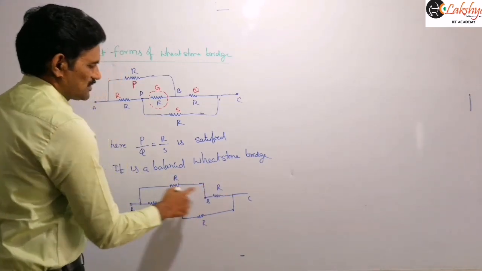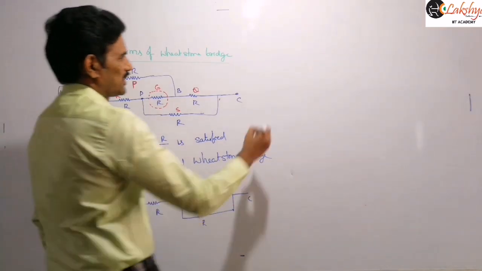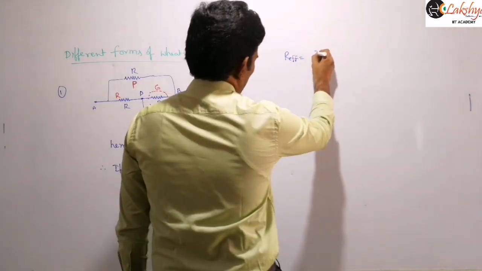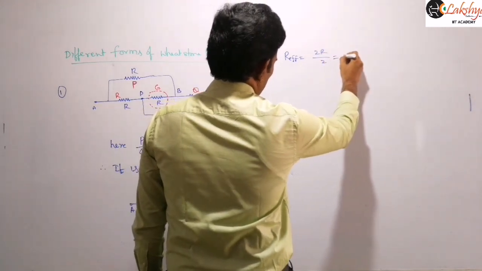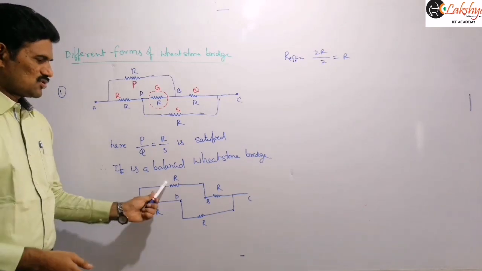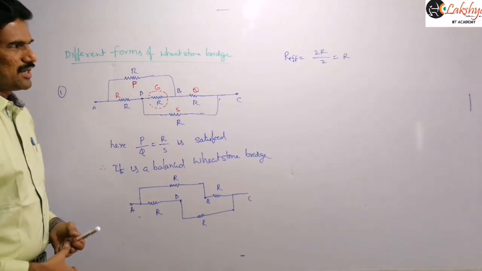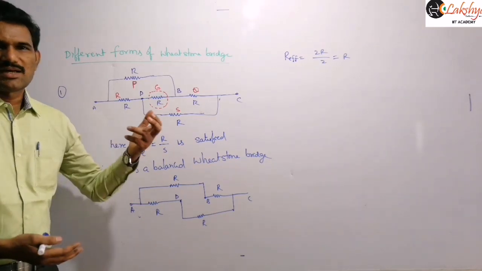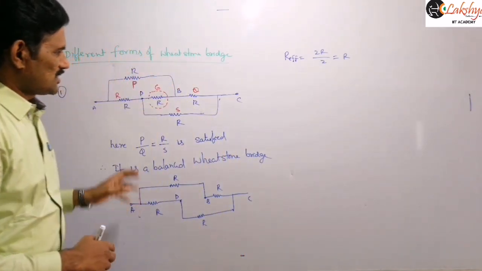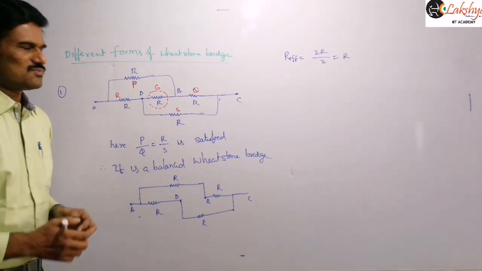Now these two will be in series, 2R you will get, and these two will be in series, you will get 2R. Therefore, I can write this R effective value as 2R by 2, which is R. So R is the effective resistance in that circuit. Got it? Because these two are R plus R, 2R, and R plus R, 2R, both are in parallel. So 2R and 2R in parallel means we can write the formula R by N, so that you will get R effective as R. So that is the effective resistance in that circuit. Got it? So it is one form of this Wheatstone bridge.